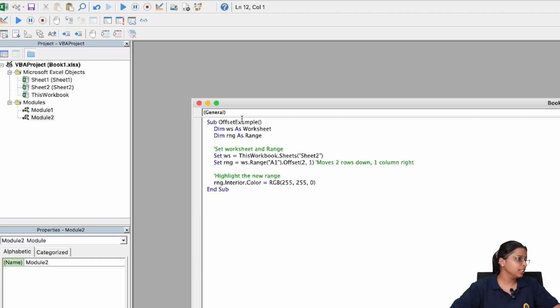Here we'll change Offset to Resize. Then we'll define our variables. We'll set our ranges. Here we'll change it to Resize. Now it expands to 3 rows and 2 columns.